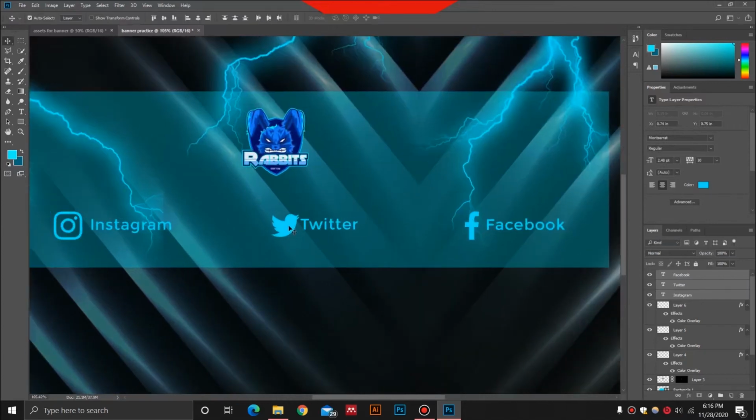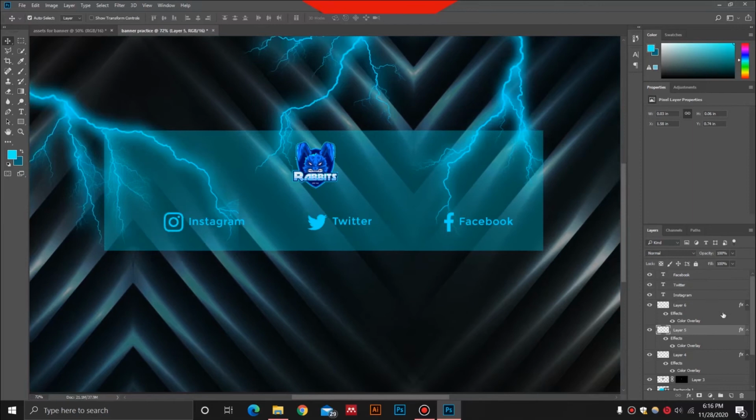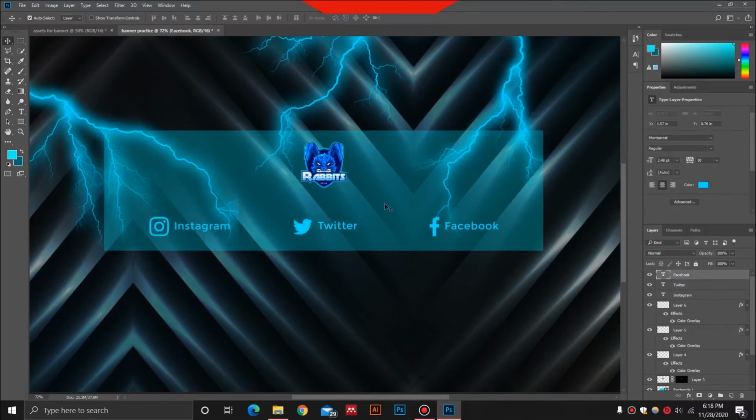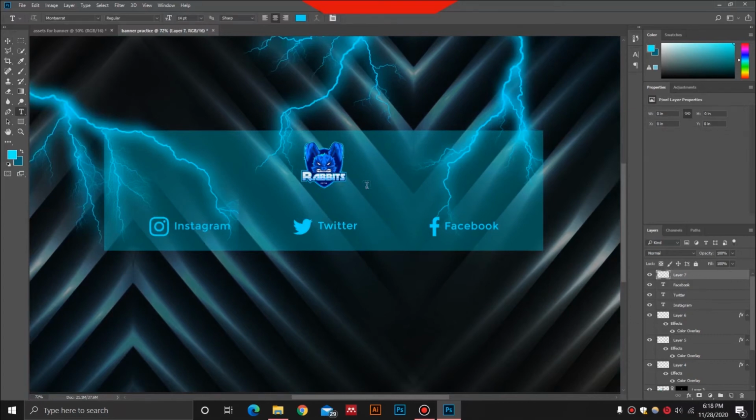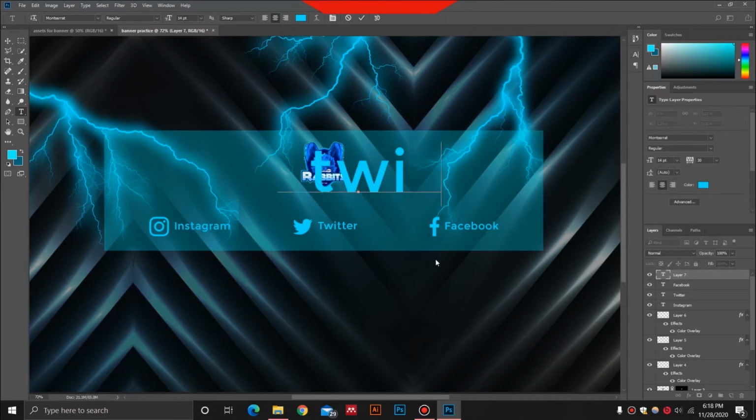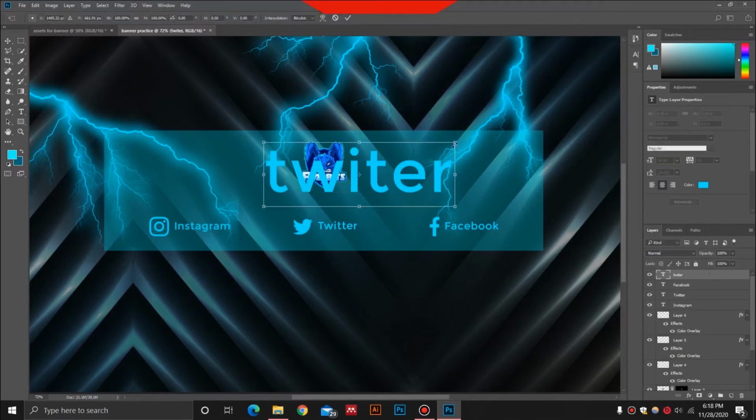So if you need to adjust a few things, then you can just go ahead and adjust the spacing however you want it. So if you are wondering how I wrote all of this text, then just go ahead and select a new layer and select this text icon and drop this over here, and you can type any text that you want, just like this. And you can just go ahead and select this once again, press Ctrl T, and you can resize it as much as you want. So you can place it anywhere that you like.